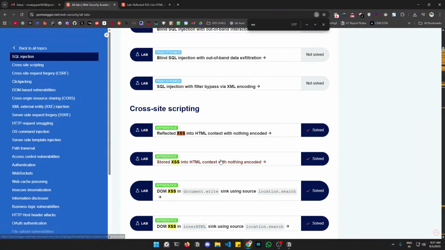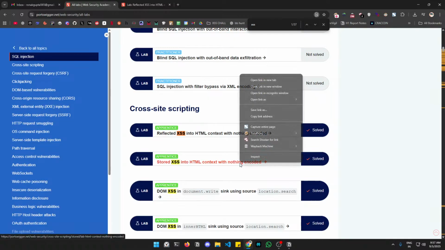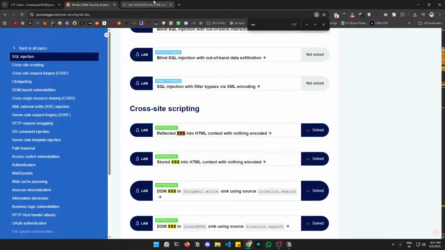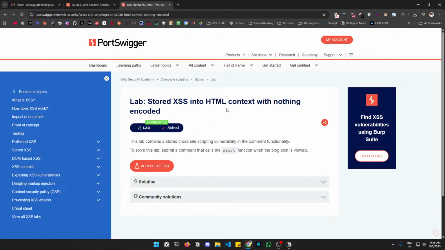So next is stored XSS into HTML context with nothing encoded. Let's solve this lab. Okay, good. The lab contains a stored cross-site scripting vulnerability in the comment functionality. To solve this lab, submit a comment that calls the alert. Okay, so